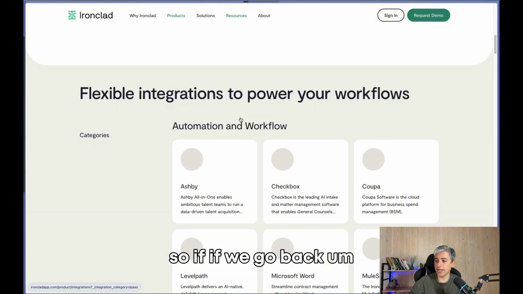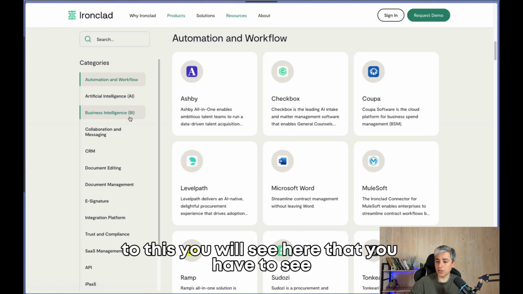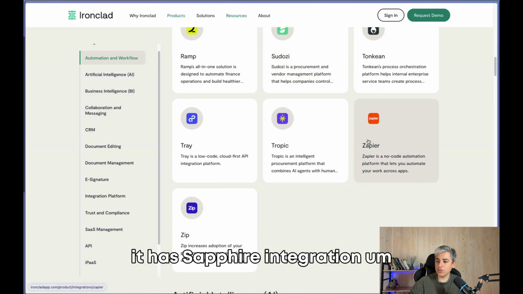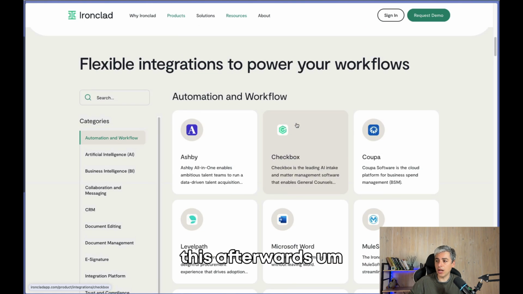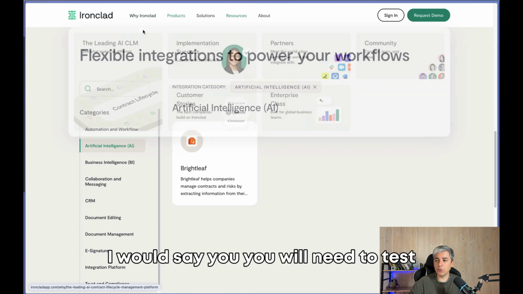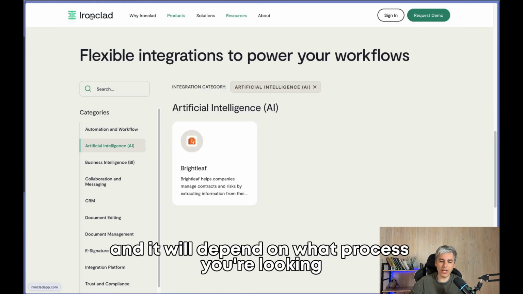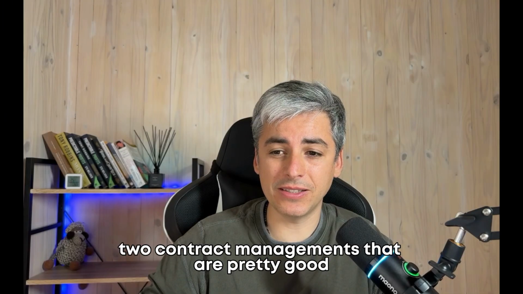So if we go back to this, you will see that it has the Zapier integration, so if you're looking to integrate this afterwards, it's pretty good. They also have some integrations with AI. I would say you will need to test that, and it will depend on the process you're looking at. But these are two contract management tools that are pretty good.